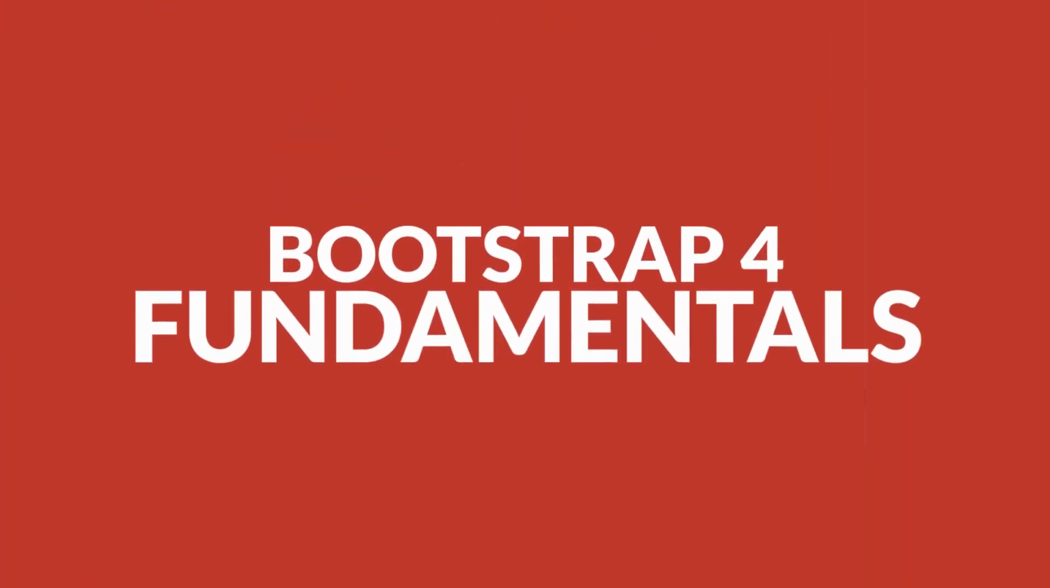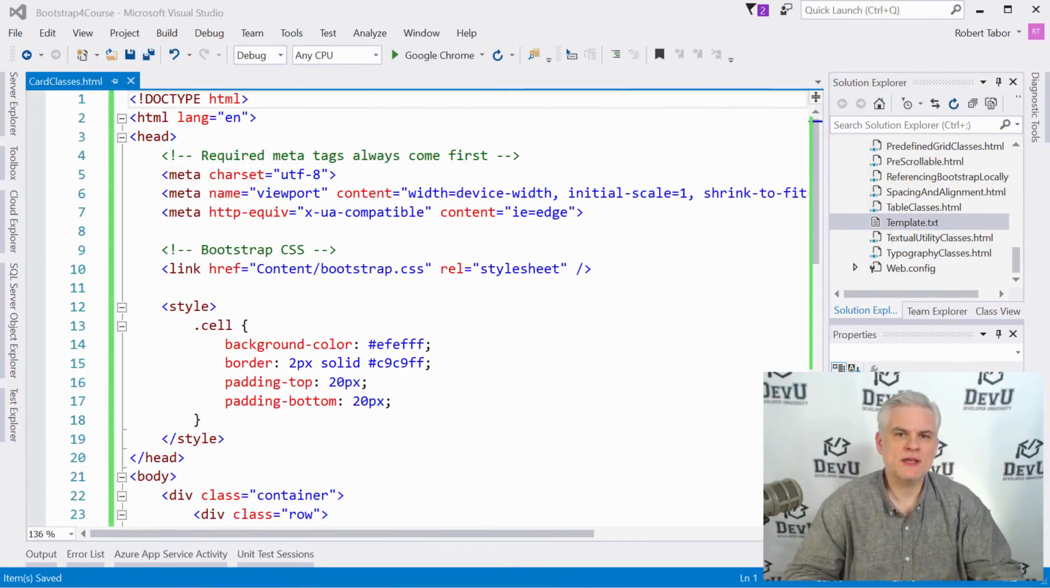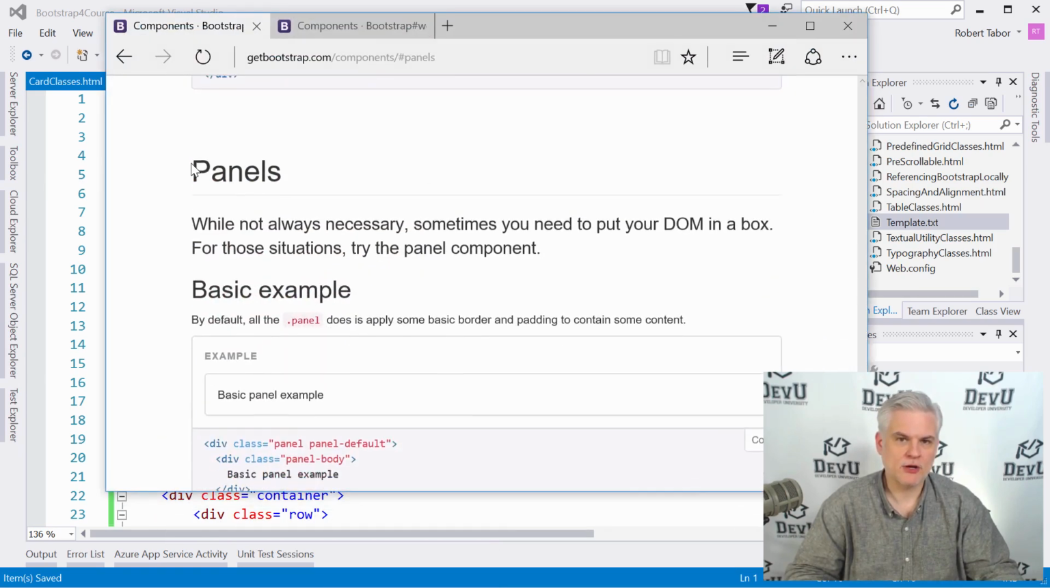In this video, we'll look at cards and how to create cards with various classes. Essentially, a card is a multifunctional box inside of which we can place our content. It's a replacement for two features that were in version 3 and are no longer in